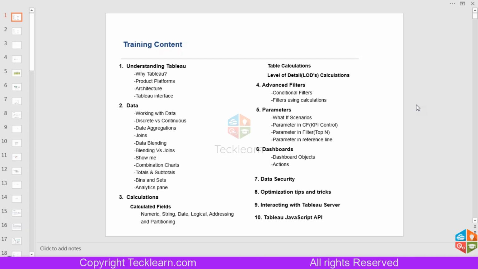And in the last part, we are going to see how the JavaScript API works. Basically, the JavaScript API helps a Tableau developer insert any cool widget or dashboard that he has created. If he quickly wants to share that with a client or on a website or a blog, if you want to share that cool insight, or pull a Tableau Desktop dashboard inside a website, that is possible with the help of the JavaScript API. So this is all we have in this training.